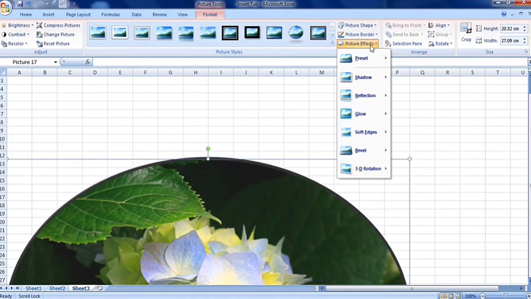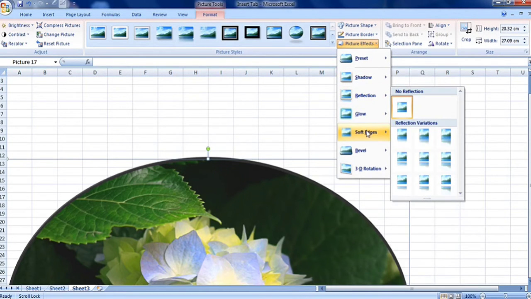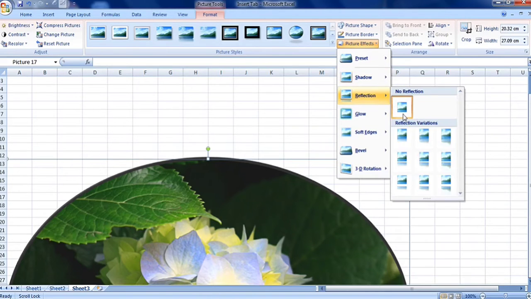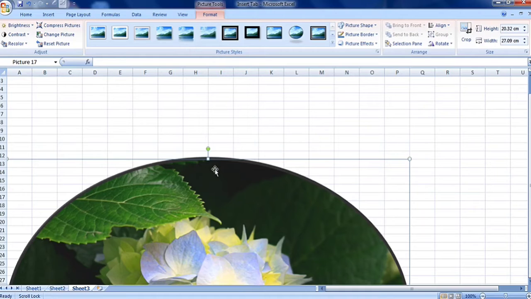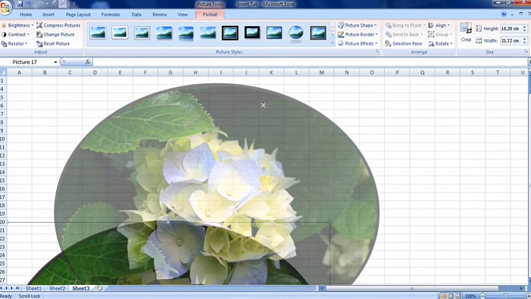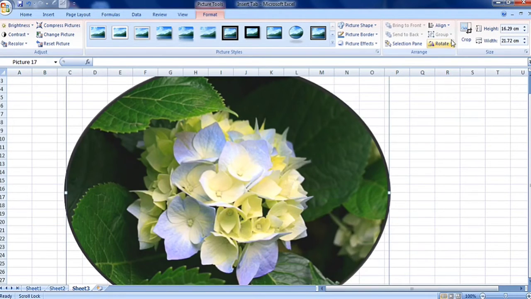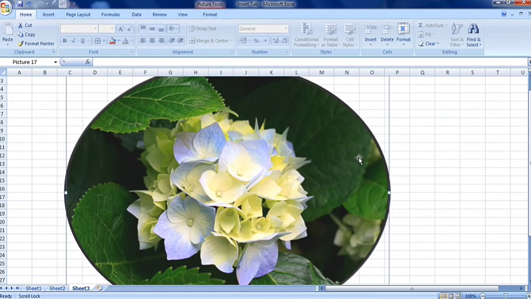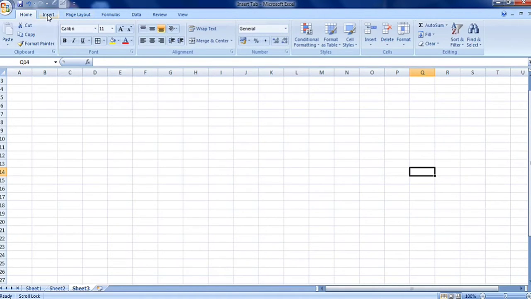Then we can give different effects, glow, shadow, etc. You can resize using this. You can crop the picture, you can change width and height, etc. Now to delete this picture, just click on the picture, then press the Delete button.